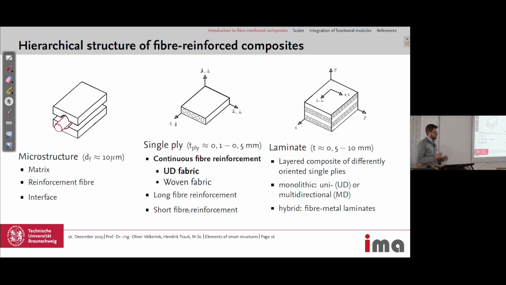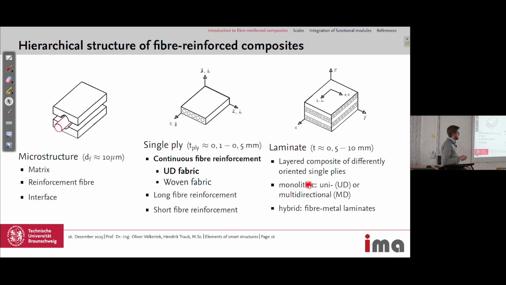But for really load-carrying structures, like aerospace structures, most of the time we use unidirectional continuous fiber reinforcement or woven materials. And with the single plies, we then can build up laminates, so stack the individual plies on top of each other with differently oriented single plies. And then